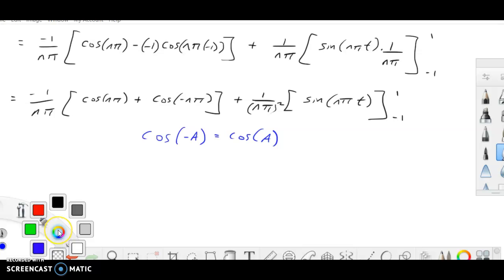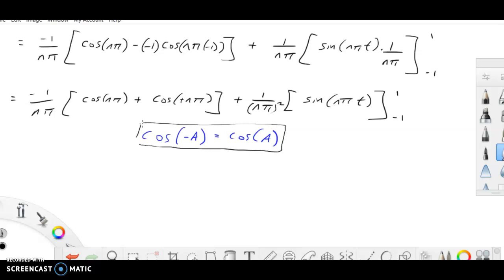We get rid of that, so we just turn them into a plus according to this rule here. So I'm going to end up with 2 of these. So I've minus 2 times cos n pi over n pi,